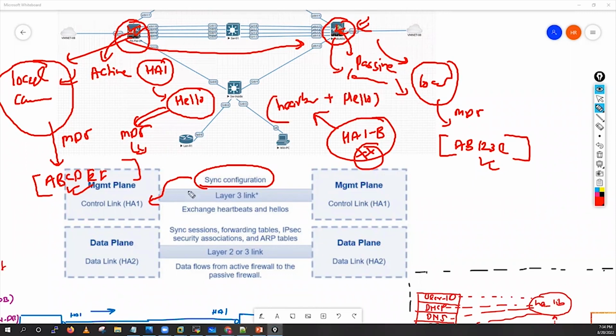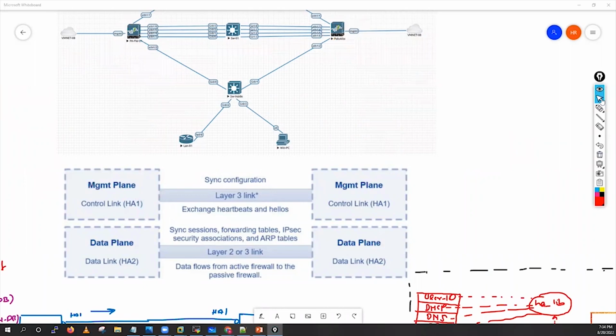Your config sync always goes through the HA1 interface. Just remember, this is also an interview question. They will confuse you. Can firewall 1 and firewall 2 do the config sync through the HA1 backup interface? You have to tell straightforwardly, no. Config sync only happens